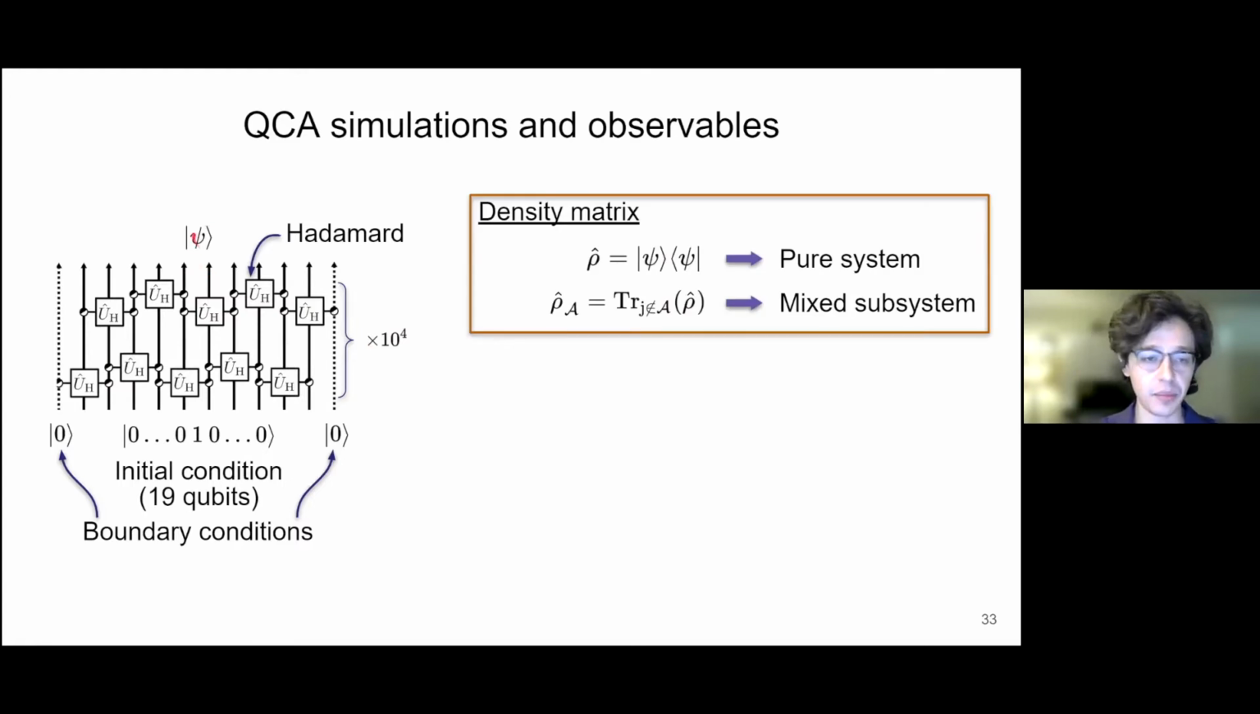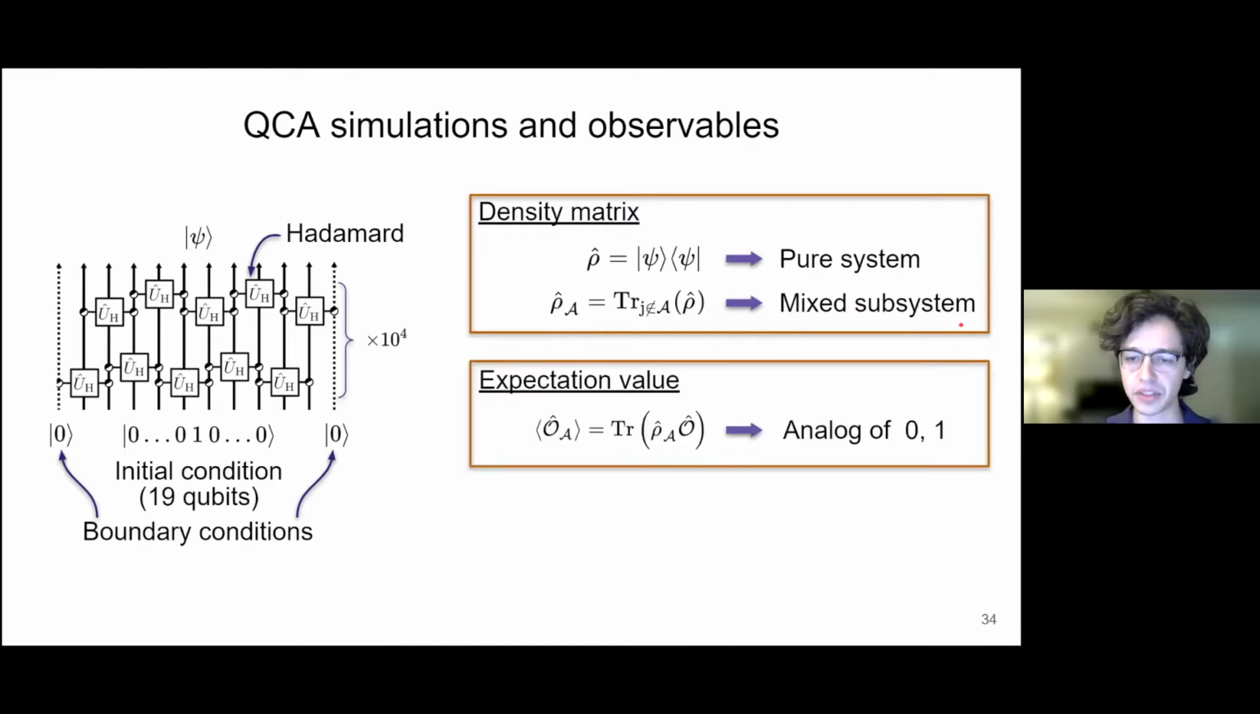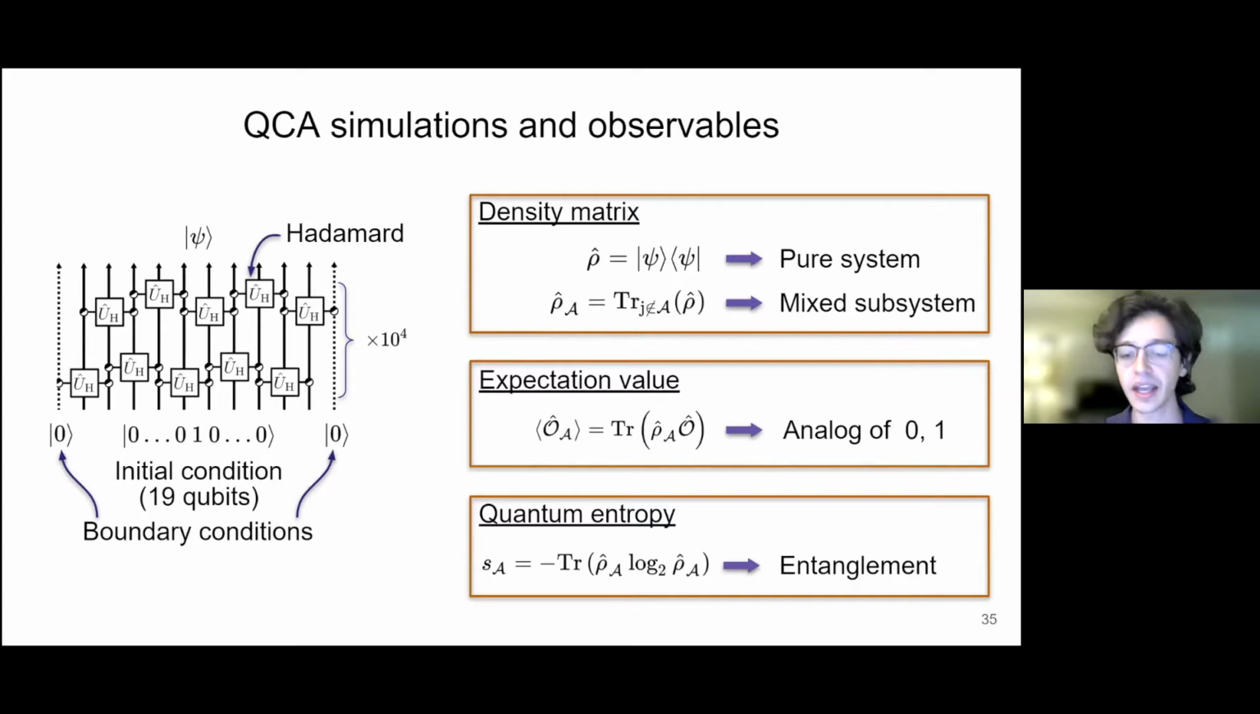So from that pure state psi, we can form a pure system density matrix, and then further trace out subsystems A of that system to create those mixed subsystems. From those reduced density matrices, we can calculate local expectation values. We'll see later that this will give us an analog of the 0 or 1 visualizations that we saw in the ECA case. We can also compute a quantum entropy to quantify entanglement between that subregion and the rest of the lattice. Here I'm showing the equation for the von Neumann entropy, which is what we'll use